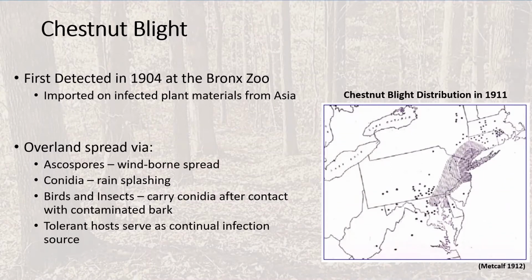How does it spread is usually a question that we want to answer. And really, we think a lot of the spread from chestnut blight was just from natural spread. So, from either wind-blown ascospores or birds could carry the asexual form of reproduction for this fungus. And so between birds and wind carrying this, that's how we think it really started to spread and really encompass